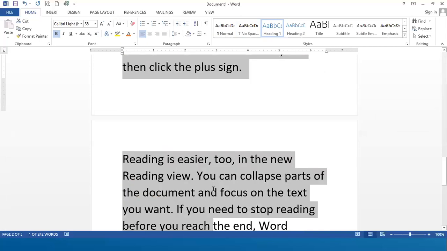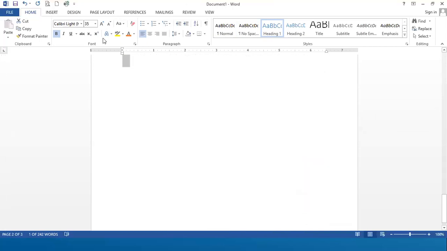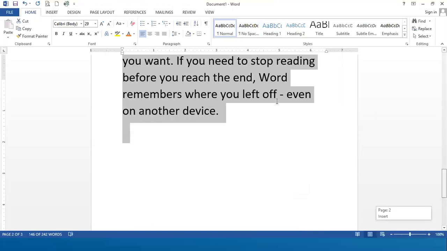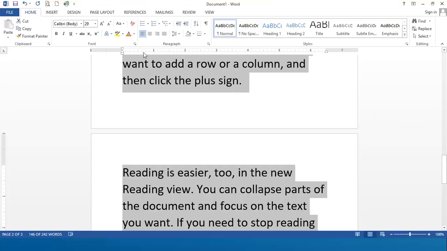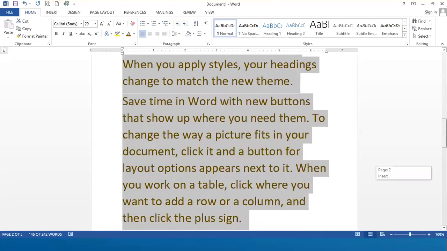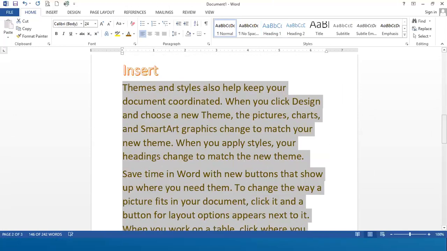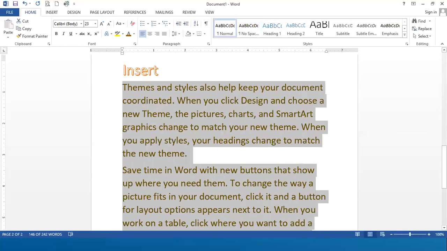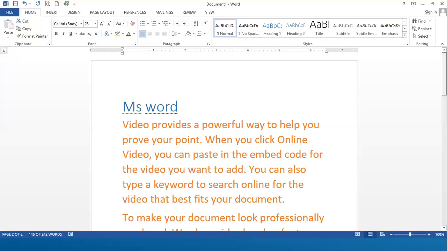I have selected the text. Now I wanted to apply the color on this, so suppose I apply this color. Now you can see I have applied the color to the text and I have defined two headings in my document. Now I have applied some kind of style and all things.